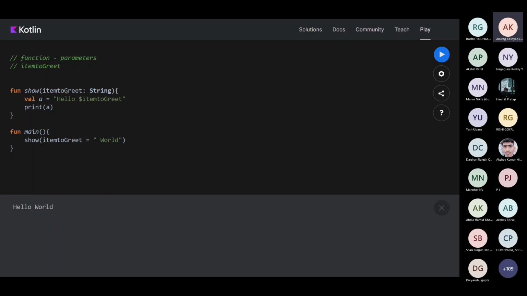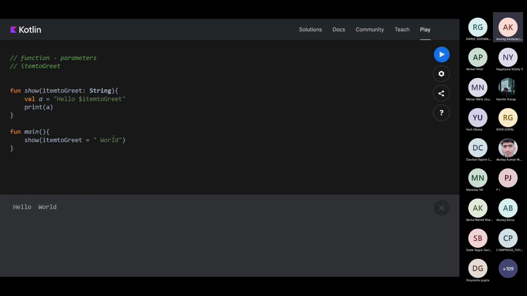Now I'll execute this particular code and see whether we get a correct output or not. See, we got the output. What is it doing? This dollar symbol is accessing the value of item to greet. And what is the value in item to greet? It is world. So that's why it's displaying hello world.